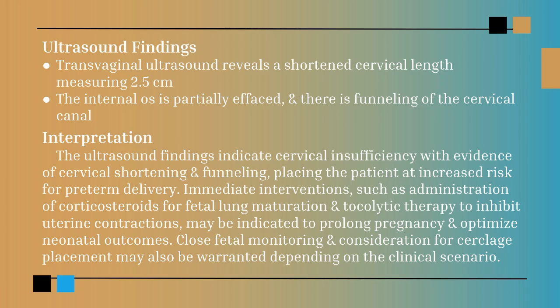declined. The transvaginal ultrasound reveals a shortened cervical length measuring 2.5. The internal os is partially effaced. There is funneling of the cervical canal. The ultrasound findings indicate cervical insufficiency with evidence of cervical shortening and funneling, placing the patient at increased risk for preterm labor. Immediate interventions would be corticosteroids for lung maturation, tocolytic therapy to try to stop the contractions,